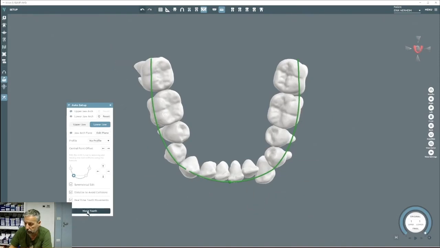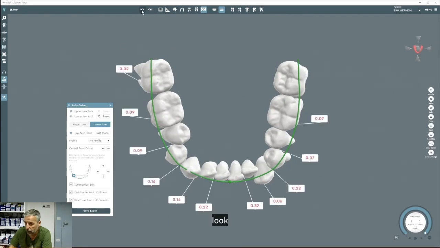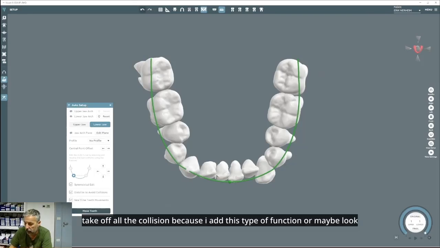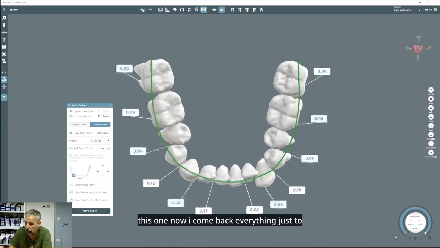Look, I put distalize to avoid collision. Look. And move the tooth and the software takes off all the collision because I add this type of function. Or maybe, look, this one now I come back everything